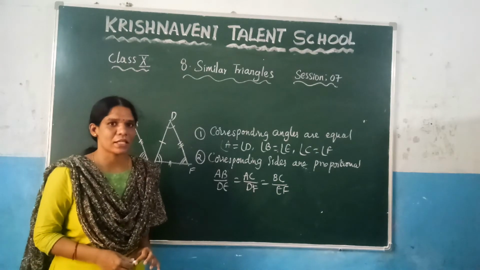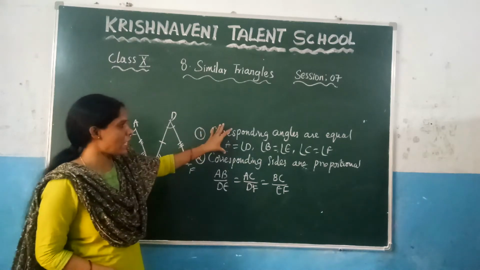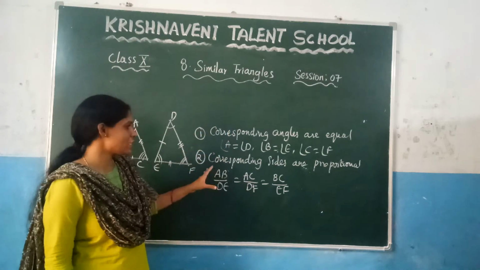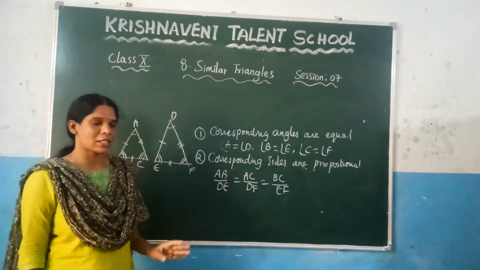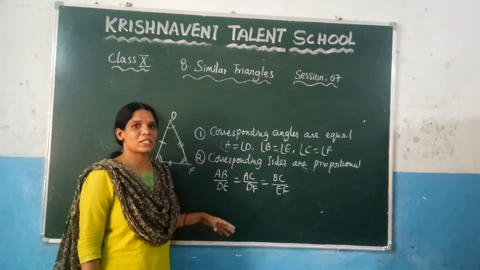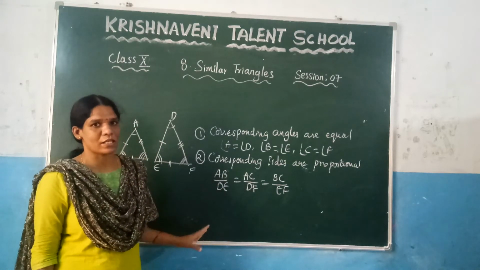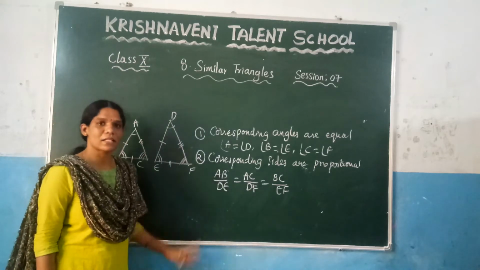What the theorem says here: if you consider any two triangles, if the corresponding angles are equal, then we can say that the corresponding sides are proportional. That means if this condition is satisfied, then this condition is also satisfied. There is no need to prove those two conditions again. This is nothing but angle similarity.